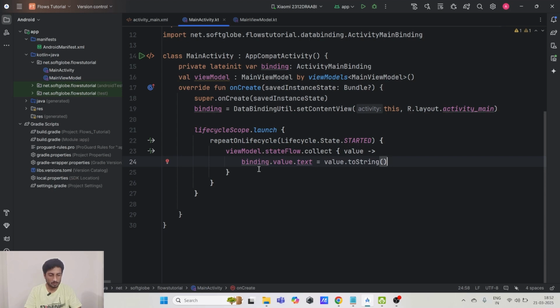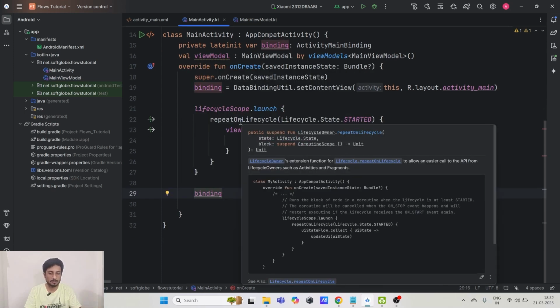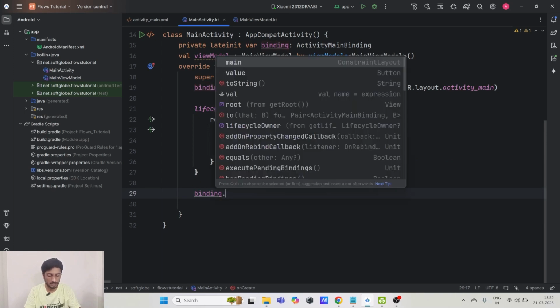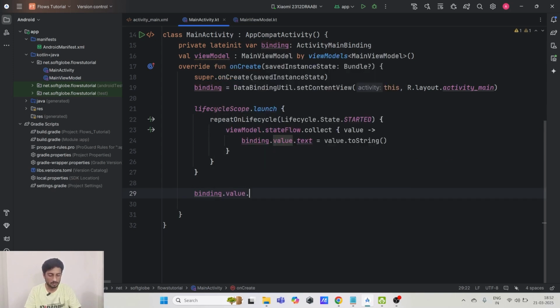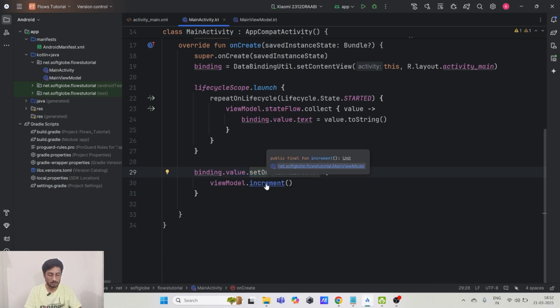I also need to call and set an on click listener on this one, so that we should be able to call that increment function in the view model. So binding.value.setOnClickListener. Here I'll again reference viewModel.increment function. So when I click on this one, this block will get executed, and this increment function we are calling from